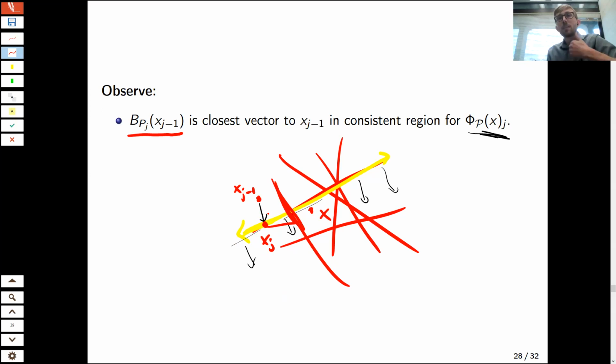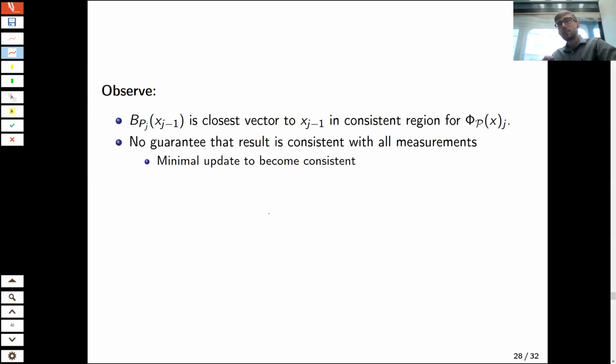And it's important to note that since we're only enforcing consistency with a single measurement, we might break previously enforced consistencies from previous steps. But the fact that we're making this smallest update to become consistent means that hopefully we won't break them by too much, right? And so by making enough of these, hopefully we at least will get close,